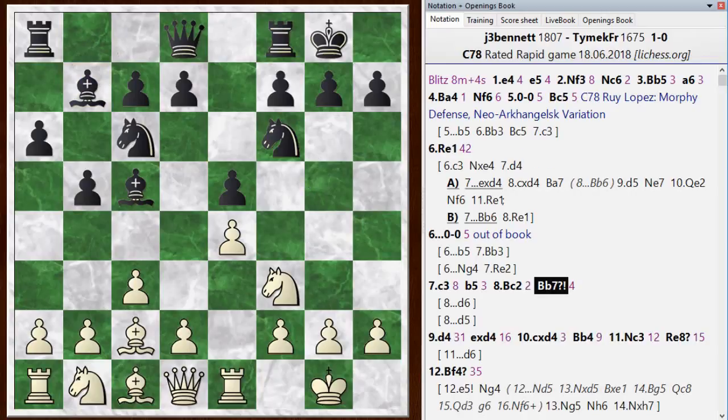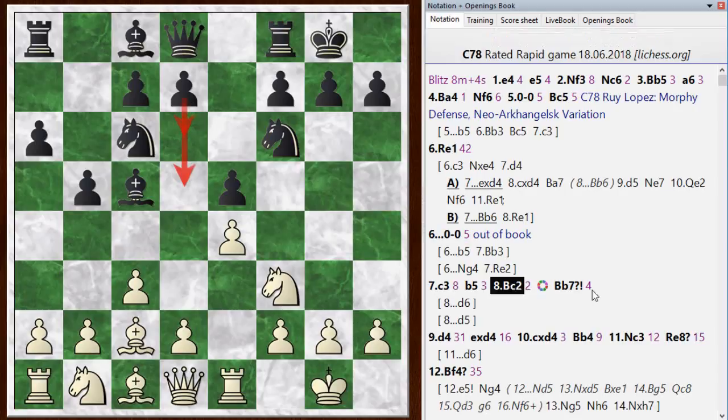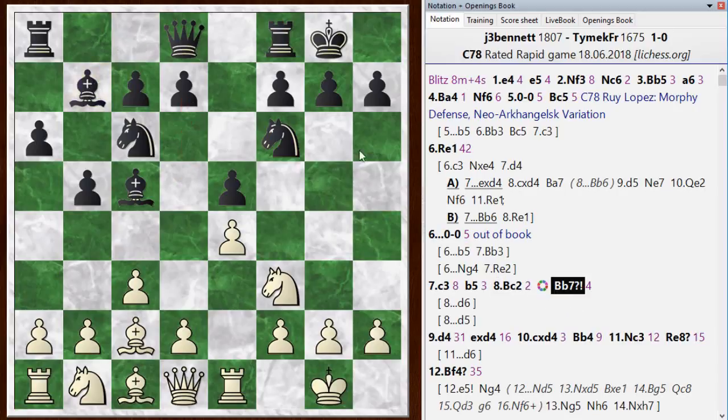It seems like the thing that black needs to do, and he probably needed to do it at several points during the game, is move the d-pawn forward, open up this diagonal for the bishop, and either d6 or d5 is playable according to the chess engine. But bishop b7,